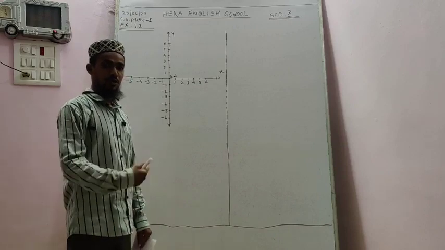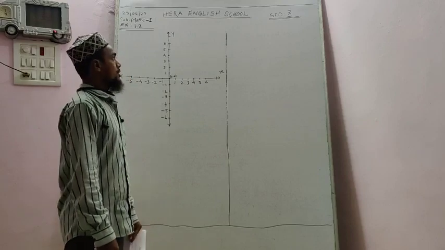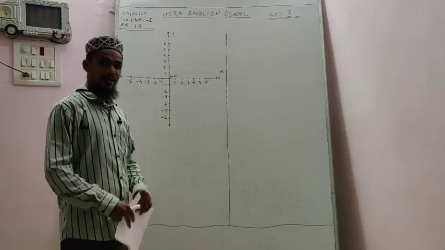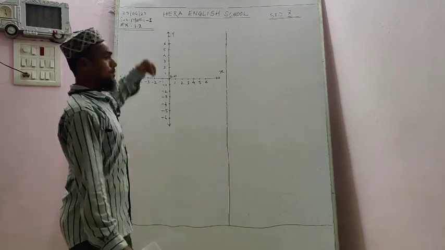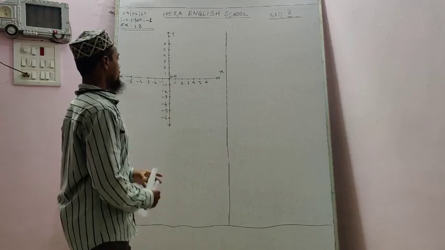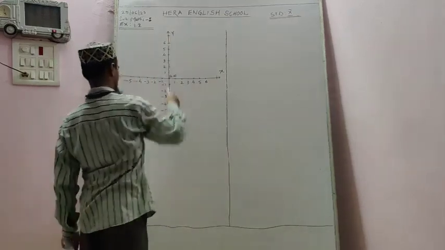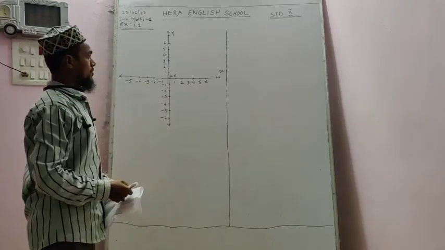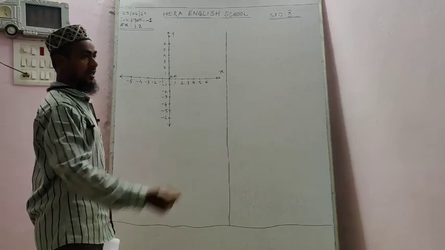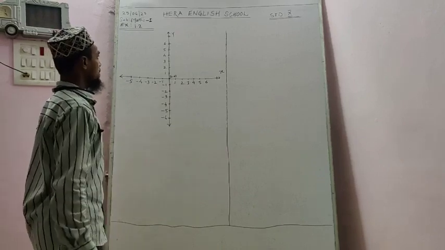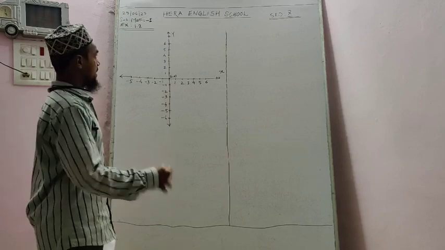Okay, now we are going to continue with our new exercise 1.2. This exercise is related to the graph. Now we'll see first some basic points related to the graph. Here what we have, this is your x-axis and this is your y-axis. Many basics we have already seen in 9th standard as well as 8th standard. We'll repeat this one. It will work as a basis for 10th standard.